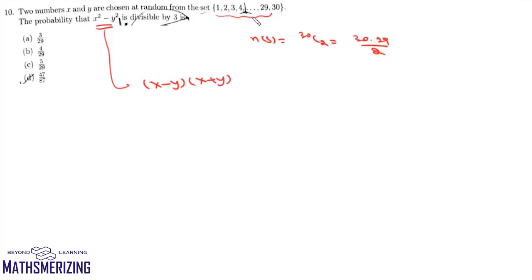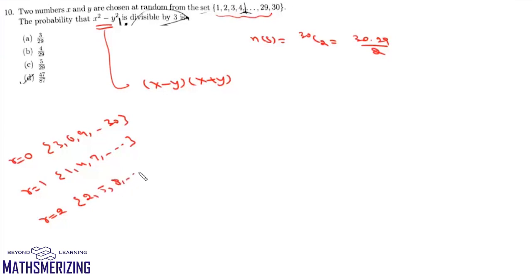Now what we'll do is, we'll partition this set in 3 subsets. Set 1, which are multiples of 3. So it'll be 3, 6, 9 up to 30. Then numbers which leave the remainder 1. So it'll be 1, 4, 7. And then numbers which leave the remainder 2. So it'll be 2, 5, 8 and such numbers. So there'll be 10 elements in the first set, 10 elements in the second set, and 10 elements in the third set.